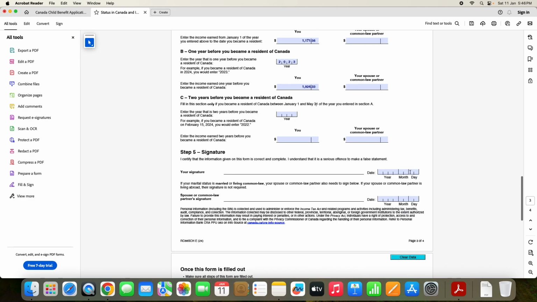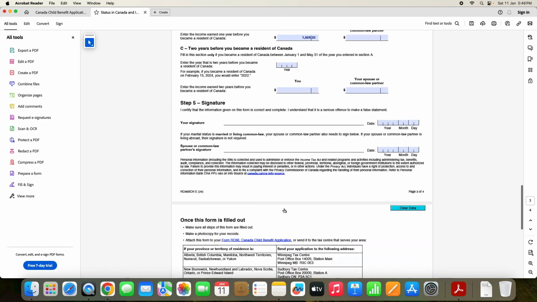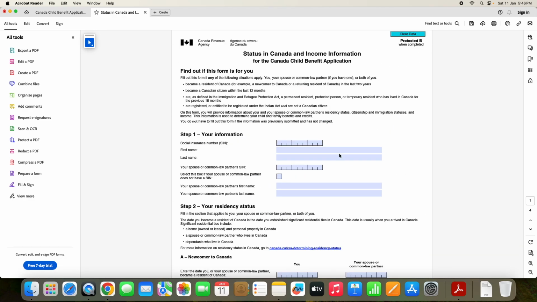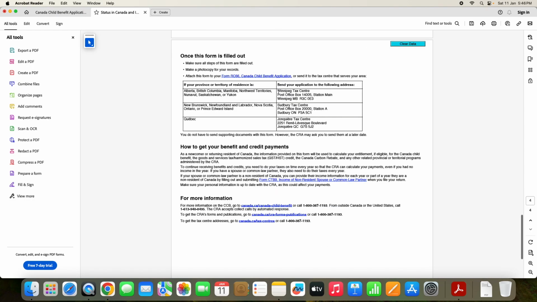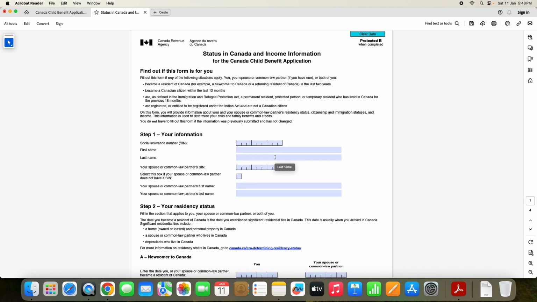After that, you have to enter the date, same as the Canada Child Benefit form, and print the form, sign it, and you have to go to Canada Post and send these forms to the Canadian government at one of these addresses. After that, they will take around 11 weeks to evaluate how much you are going to get in your Canada Child Benefit. If you don't get anything after 11 weeks, you can call Canada Revenue Agency, CRA, and you